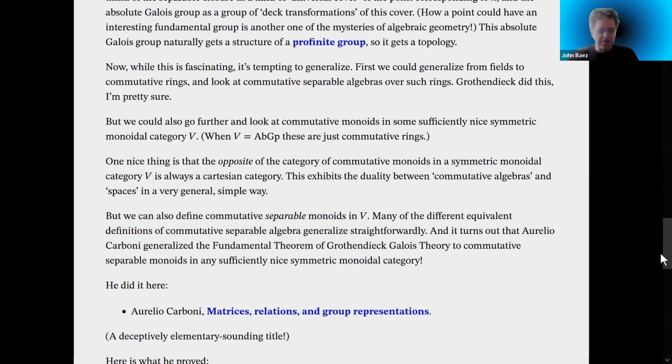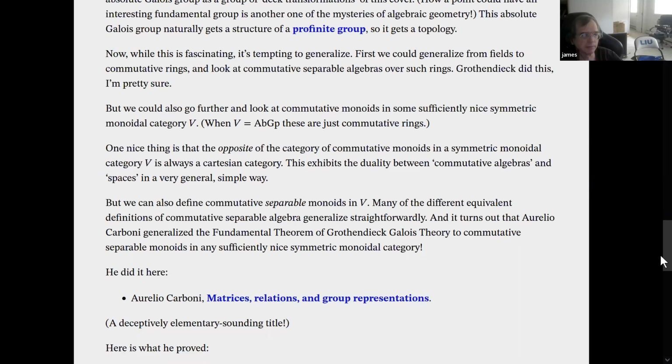Because the guy that I'm thinking about is Aurelio Carboni, who I think is really real Italian. So Carboni and Walters did a bunch of stuff on